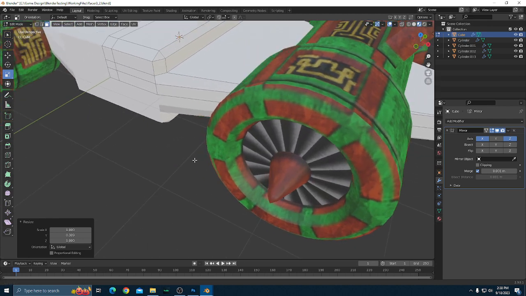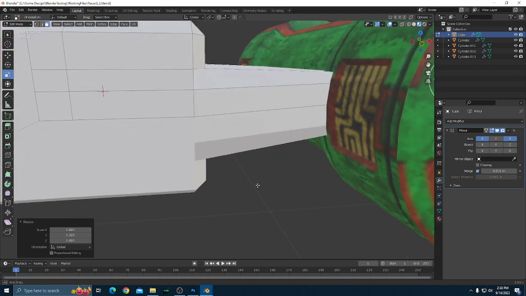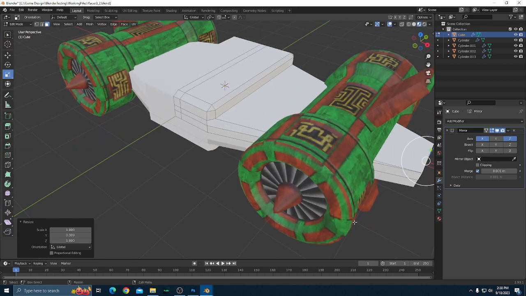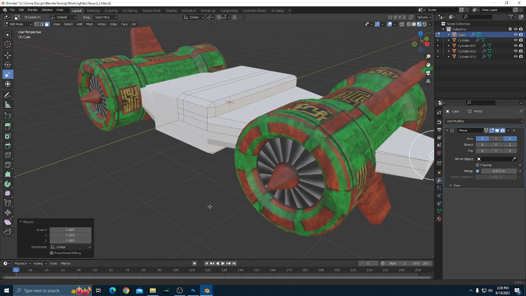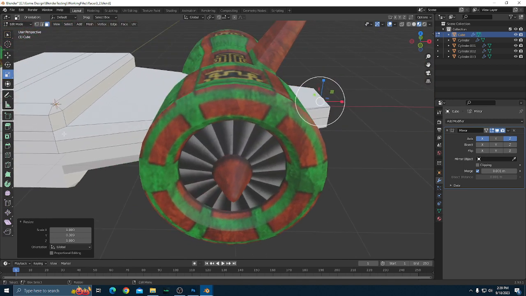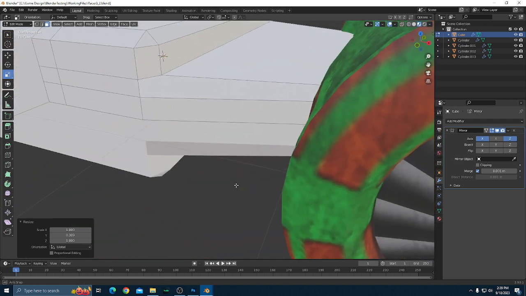Although I know in an earlier episode I was talking about how we want to try and keep things in quads, but I'm not loving the way this quad is coming together over at this end. Got 3 of the vertices here, and then one of them is pulled all the way over here. And I think I'm going to go ahead and